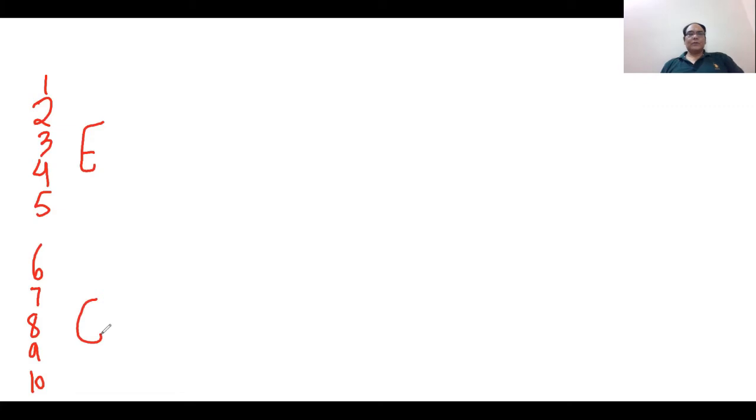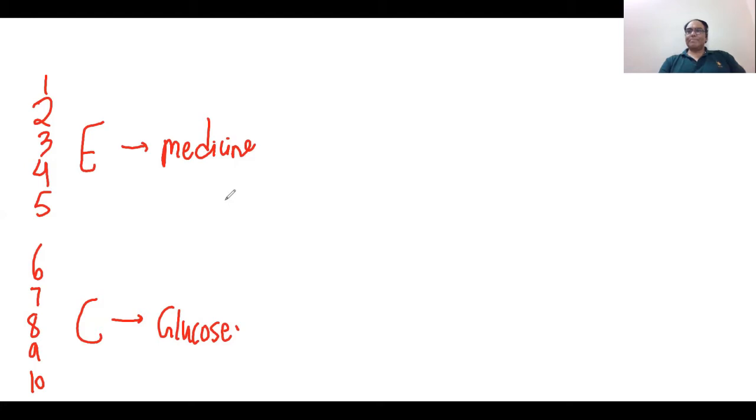Because in experimentation, you have different groups, mainly 2 groups, one control group and one experimental group. And this group E is provided a medicine, and this group C is provided a glucose, so that we can find out whether the medicine is better than glucose or not. One is the experimental group, where you are providing the medicine to them, and the second group is a control group, just to find out the comparison. So we can compare the results of the experimental group to the control group to find out the difference.